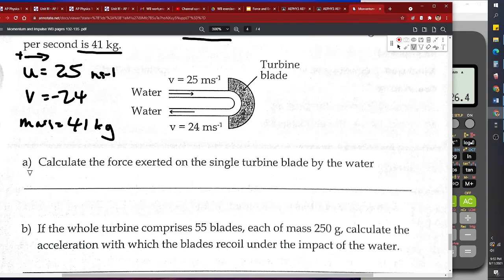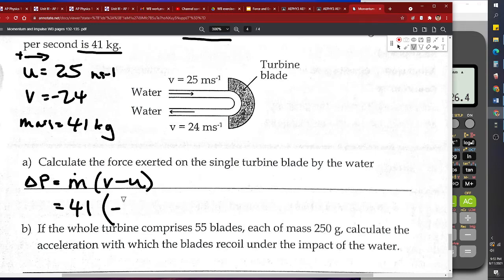If you start with this, then we can say change in momentum. Well, the mass stays the same, so really it's the change in velocity times the mass. I just shortened this a little bit, but we know this is 41,